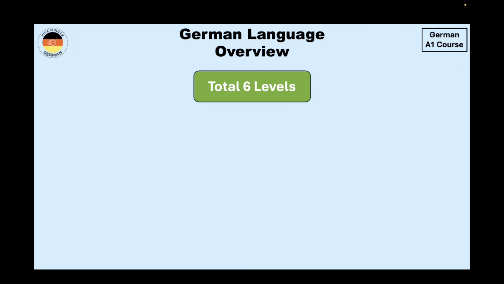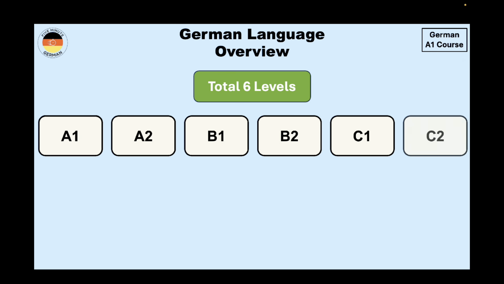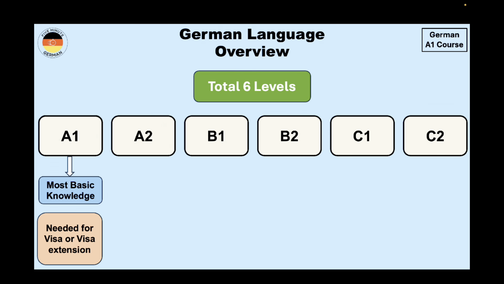The German language has a total of 6 levels. These are A1, A2, B1, B2, C1 and C2. A1 is the most basic level of German and gives you the most basic knowledge of the German language. It is usually required when you apply for a visa, for example a family visa, or once you are in Germany and you want to get a visa extension, then the Ausländerbehörde or the foreigner's office might ask you to